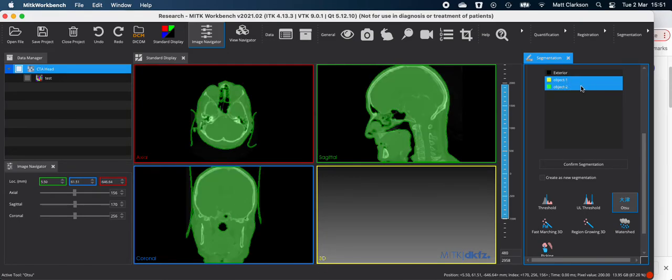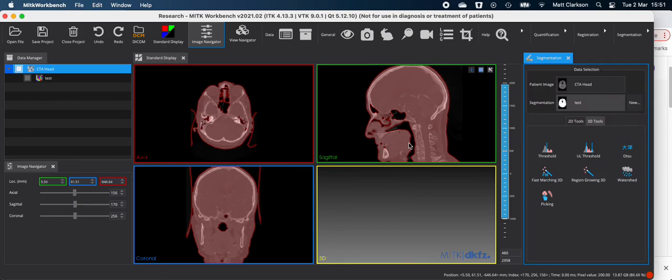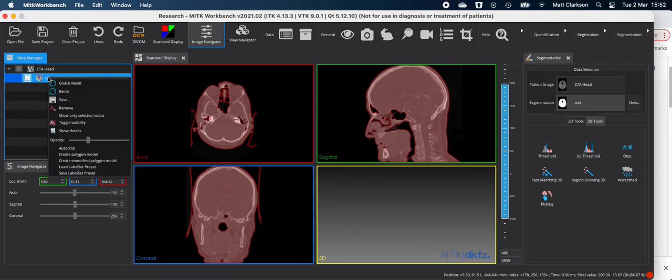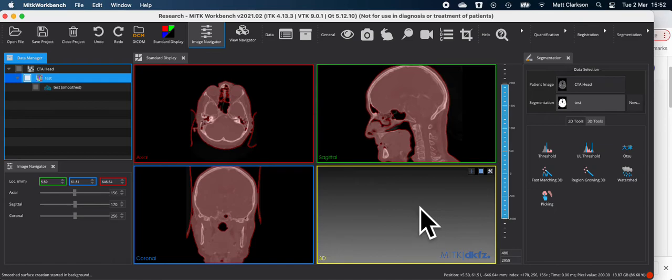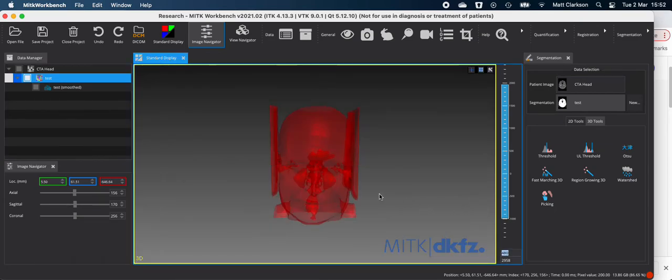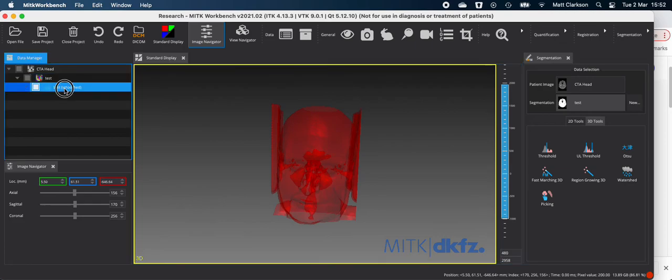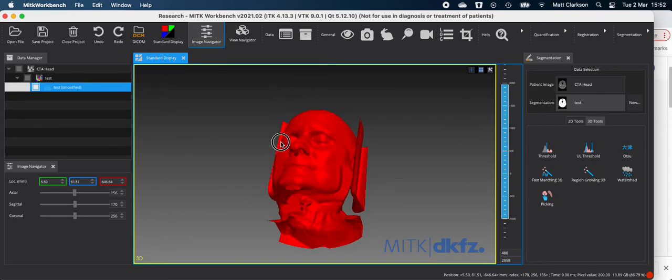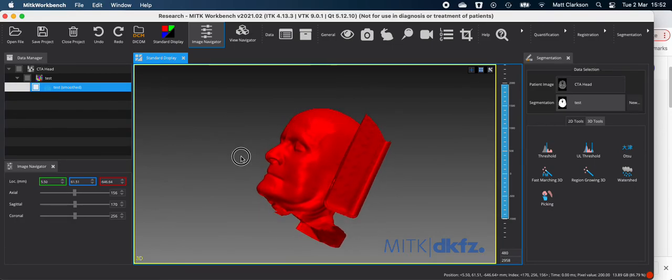So let's click object 1 and object 2, and if I go confirm segmentation, MITK will convert it to red. That means it's kind of in the bag, it's confirmed. So instead of just looking at bone, I've now kind of got bone and all the soft tissue. So I can again, if I generate a polygonal model, I quite like looking at them in this 3D window. Look at this 3D, it's semi-transparent, so I'll just make it fully opaque. And there you can see I've actually got already quite a good representation of where the edge of the skin was,